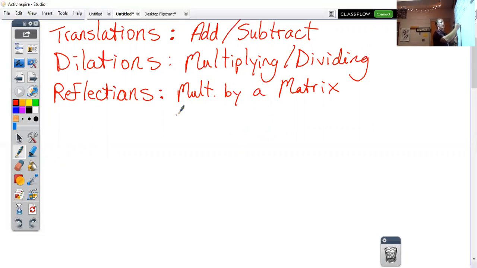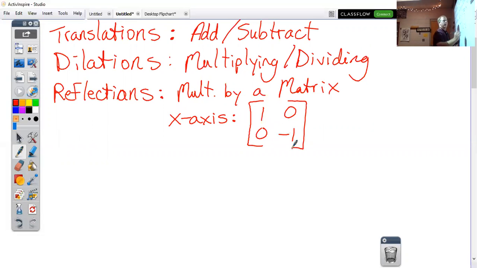We'll see. But if you're going to flip it over the x-axis, okay, this is for the x-axis, you're going to multiply by 1, 0, 0, negative 1. That's the matrix you're going to multiply by, okay? If you're going to flip it over the y-axis,